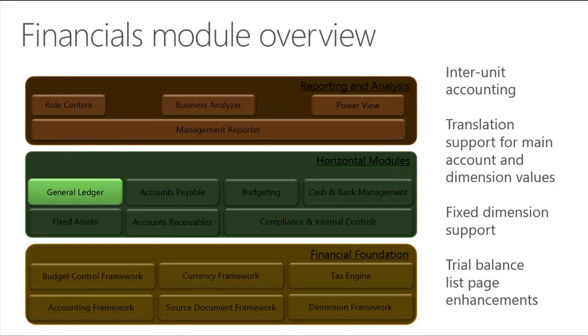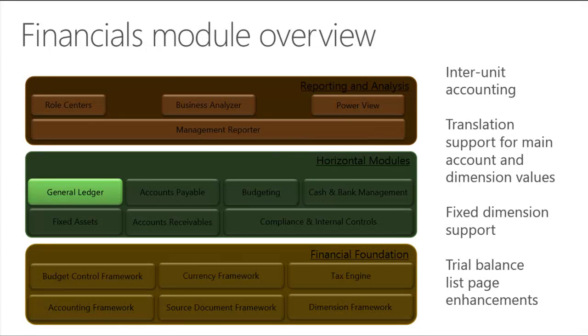And then lastly, there were a number of trial balance list page enhancements that we built in. They give you the ability, right from that trial balance list page, to drill in on the summary amounts to see the detail. Also, to make it easier to integrate with Excel: when you look at the account string, say main account, business unit, department, inside of the list page view previously, all of that was listed together as one string.